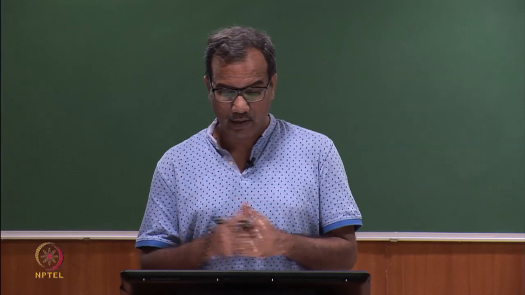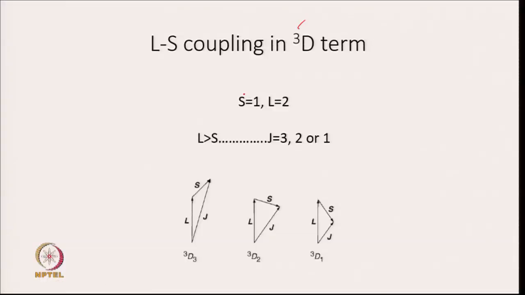Now, let us think about LS coupling in the 3D term. For 3D, 2S plus 1 is 3, so S is equal to 1, and L is equal to 2 for D. What does this mean? L is greater than S, and so you are going to have